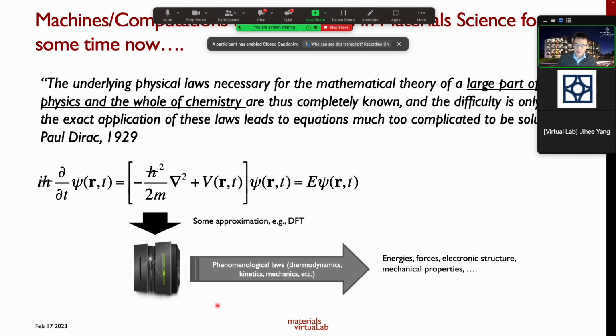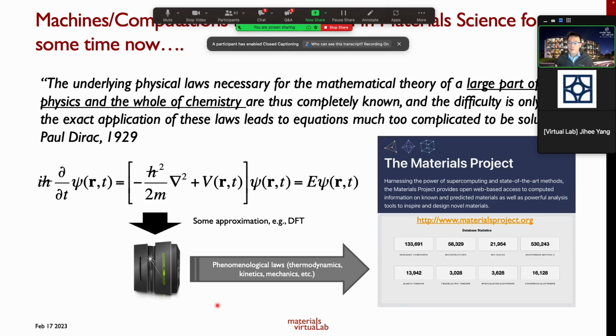Now, today we are not only able to do such calculations on a single material, but we are able to do such calculations in high throughput. In other words, we can run simulations across tens of thousands or even hundreds of thousands of materials, right? And this has led to the development of very large databases of material properties. Just one of those examples is the Materials Project, and I'm of course one of the founding developers of this